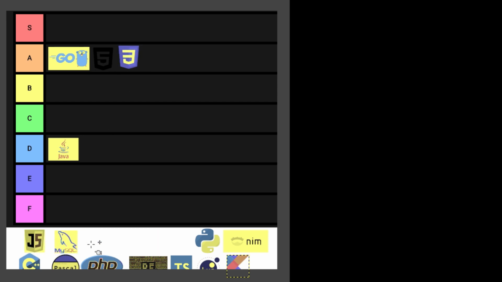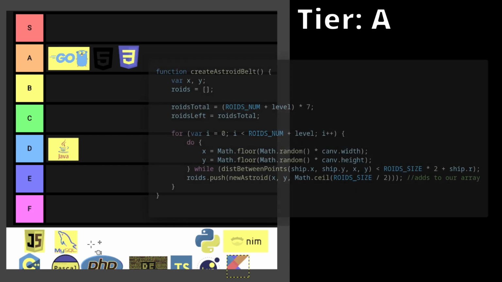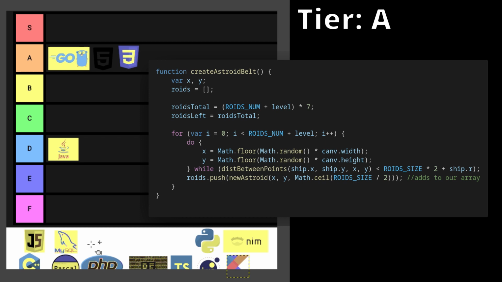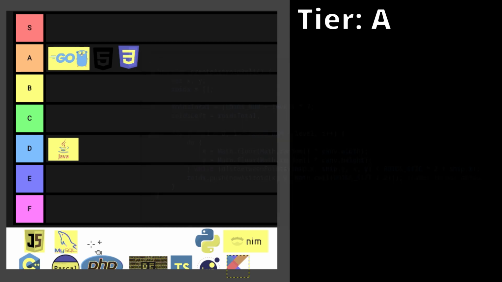JavaScript. Performance-wise, JavaScript isn't the best. It gets beaten by a lot of languages, so unfortunately, it is going to lose this point. Syntax-wise, when I think of a generic programming language syntax, I think of JavaScript. It's easy to read and usually easy to understand, depending on the developer.